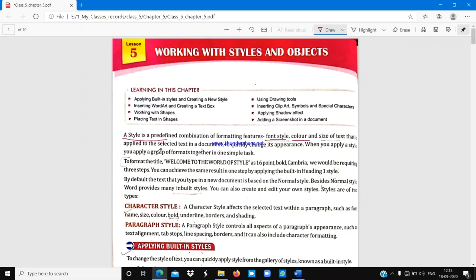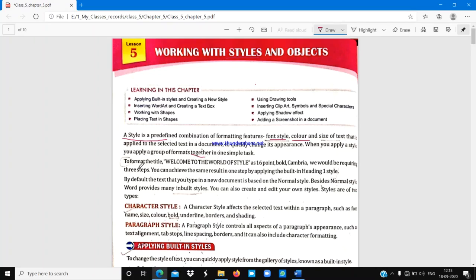When you apply a style, you apply a group of formats together in one simple task.